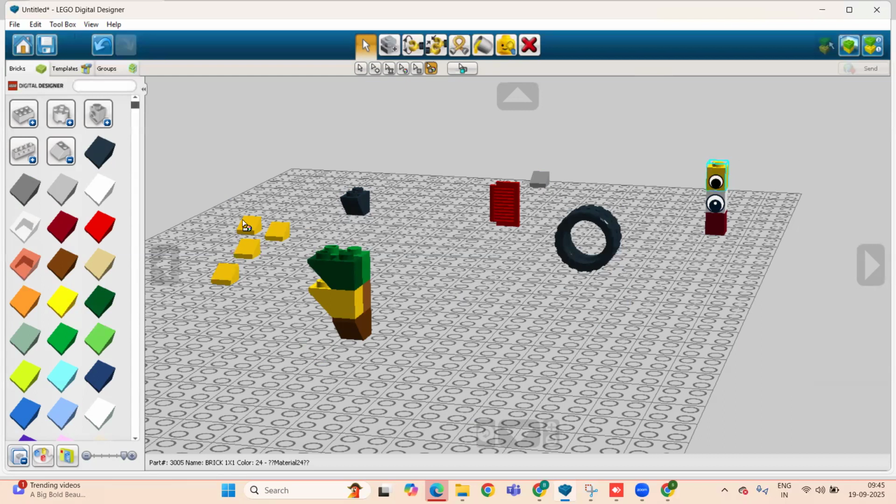Why? Because I have a yellow color brick, but the shape is not the same. If I'm selecting this green, no other part is selected. Reason? Not this one, not this one, not this one. Why? Because the shape is the same, but right now the color is not the same. So in this criteria, both things need to be the same, shape as well as color. And if in case I am selecting this yellow brick, now you can see all are selected. Reason? Color is yellow and the shape is the same for all the bricks. That's why it is working.